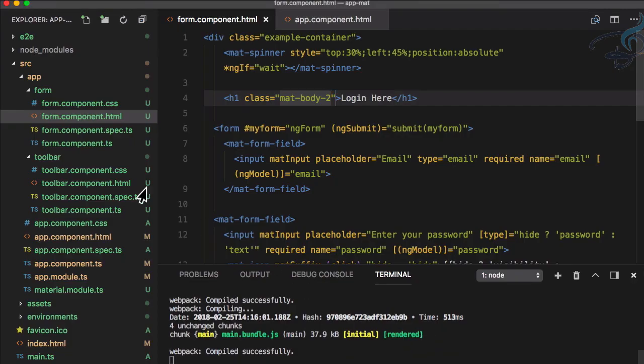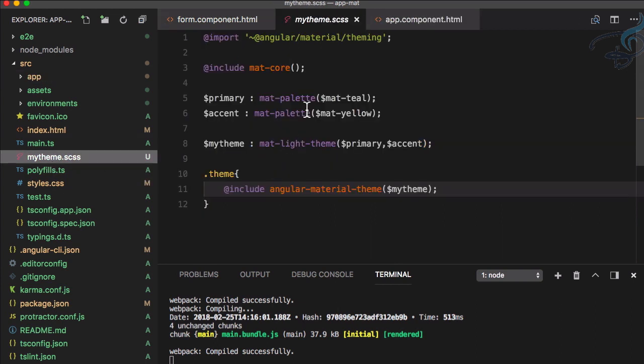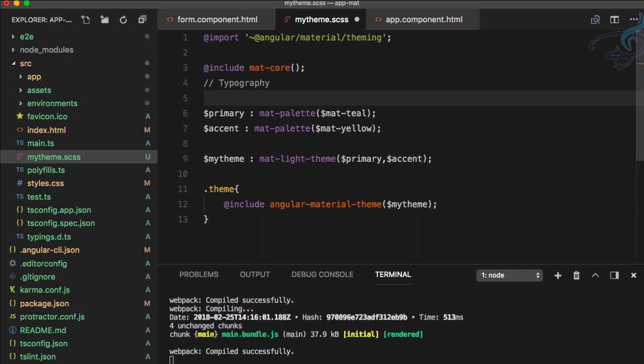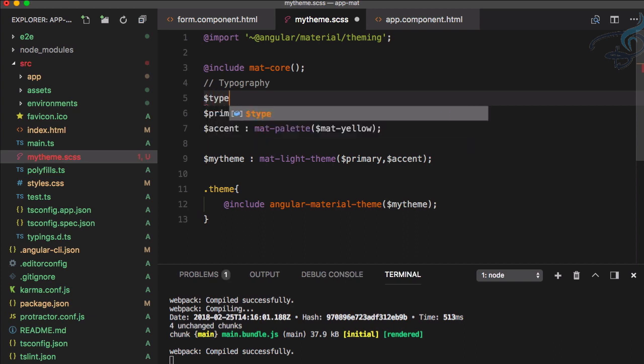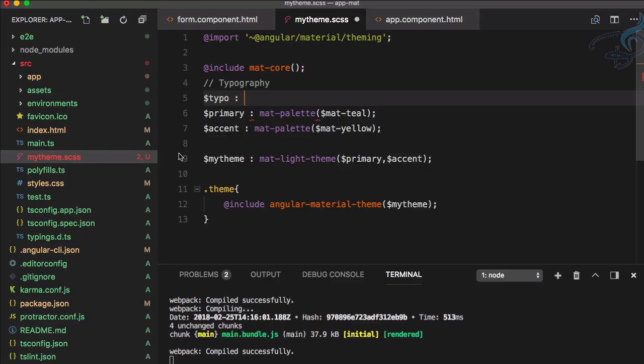So let's go to our mytheme.scss. In this file we can create our typography. So I will comment here and say typography, and simply create a new variable called typo, and here we have to provide all these things we have seen here. So typography, so firstly mat-typography